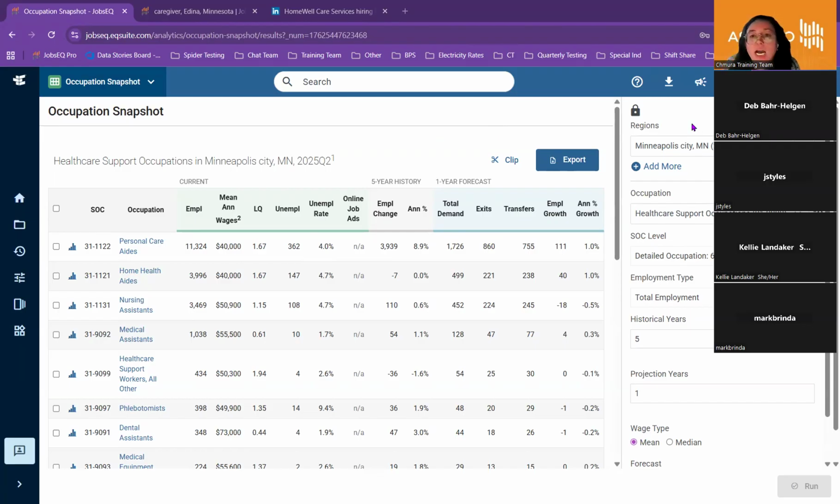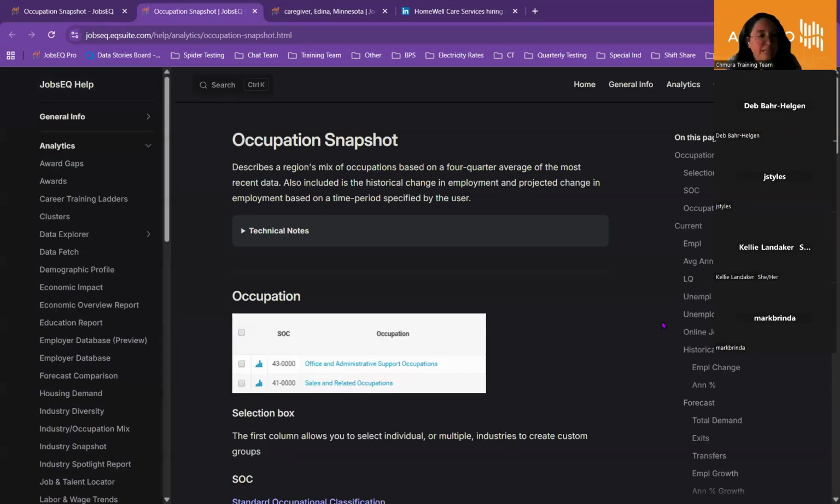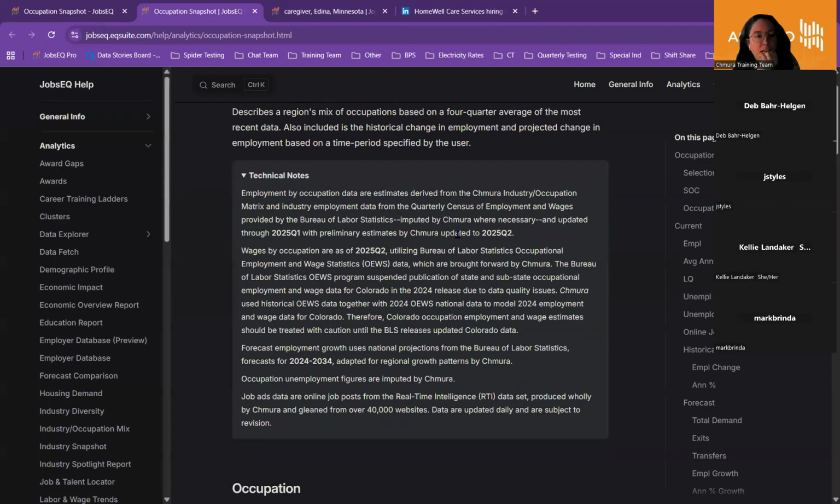and I don't misspeak. So to get to those help pages, like we talked about earlier, we go to the help and resources, and then where it says get JobsEQ help, we have the help documentation for occupation snapshot. So it links us directly to that help page. So for the projections,